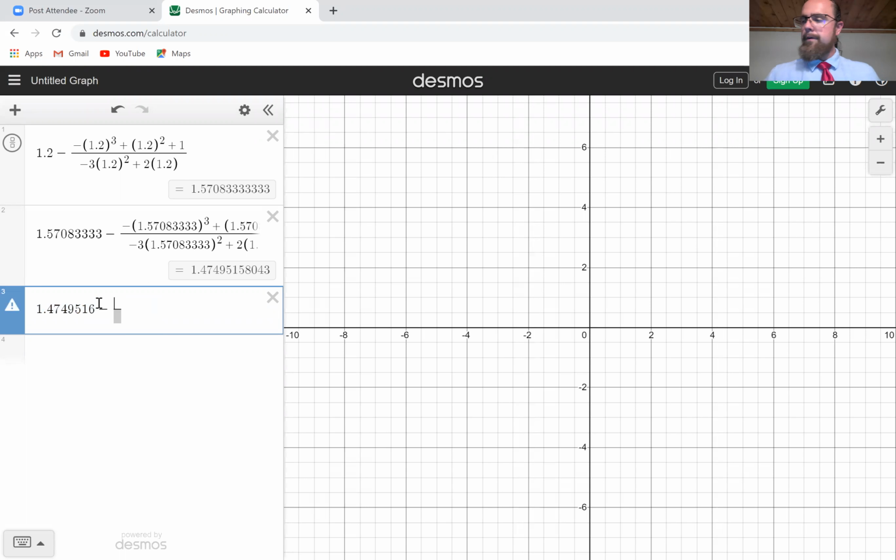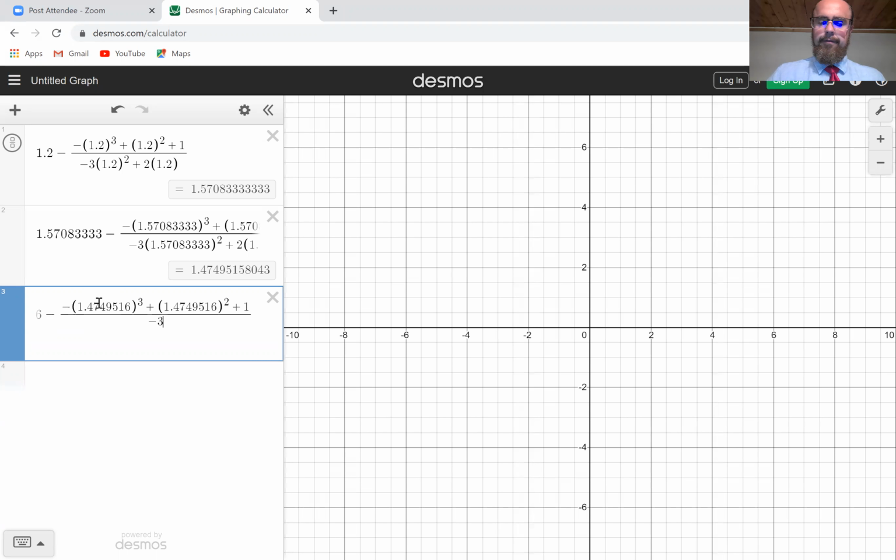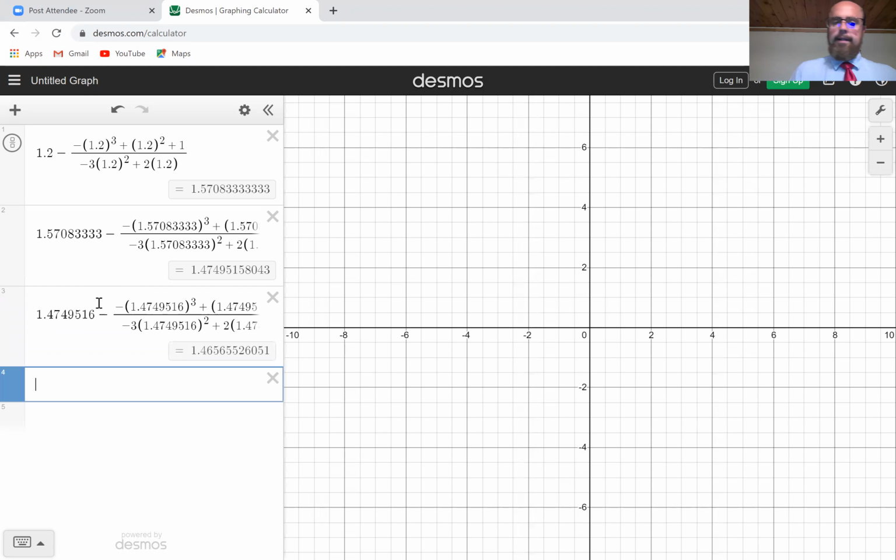So the value of the function at that value cubed plus the previous approximation 1.47 squared plus 1. And that's all over -3 times that approximation squared. This is the value of the derivative plus 2 times the value of the previous approximation. And that gives me this